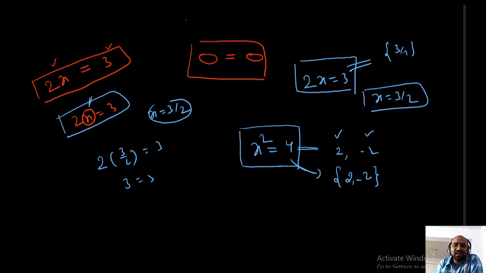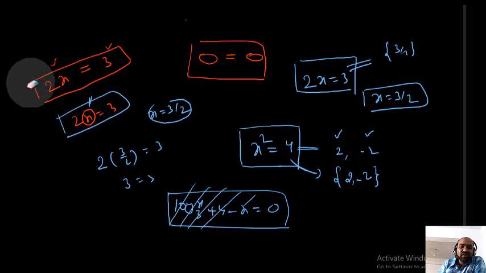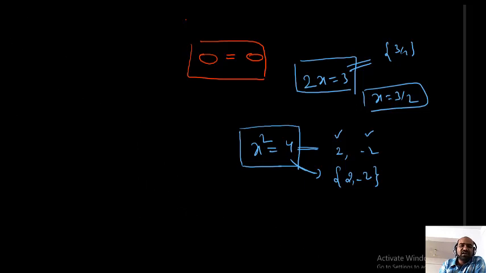So what is our topic now? Trigonometrical equations. Trigonometrical equations means equations involving trigonometrical ratios or equations involving trigonometrical functions. For example, students listen, log x base 3 plus 4 minus x equal to 0, then find the value of x. This is called a logarithmic equation, because in this equation logarithms are involved. Like that, if an equation involves trigonometrical functions or trigonometrical ratios, such an equation is called a trigonometrical equation.